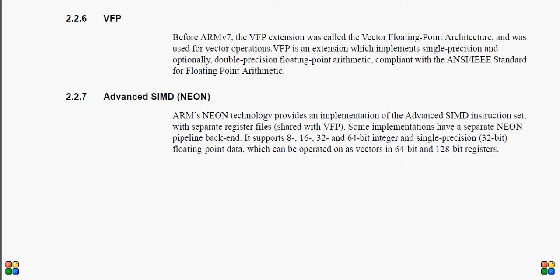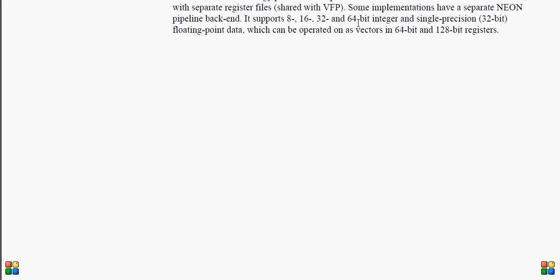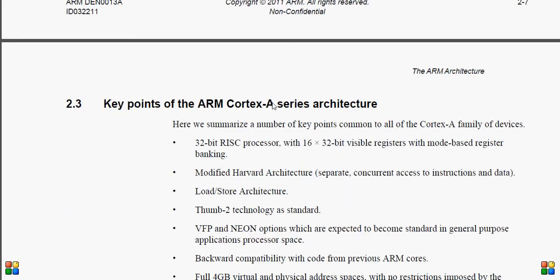ARM's Neon technology provides an implementation of the Advanced SIMD instruction set with separate register files. Some implementations have a separate Neon pipeline backend which supports 8, 16, 32 and 64-bit integer and single precision floating point data, which are also operated on as vectors in 64-bit and 128-bit registers.